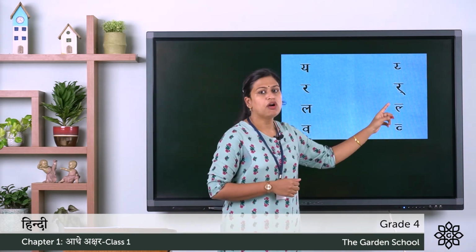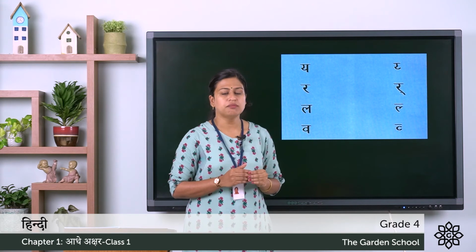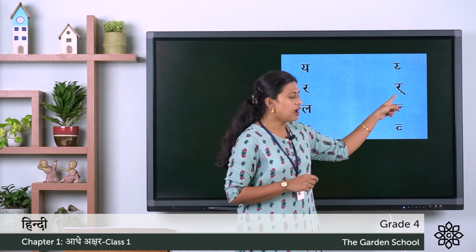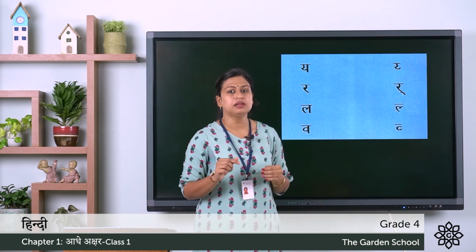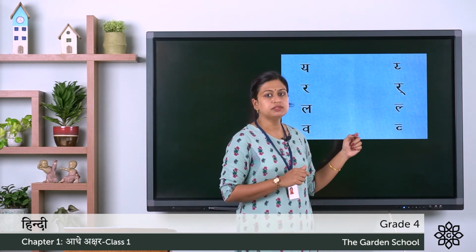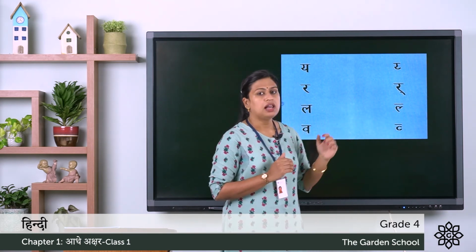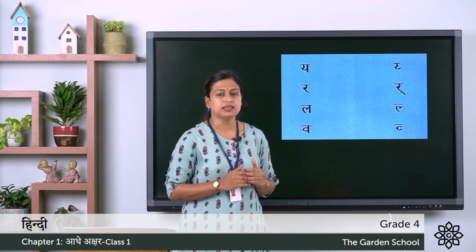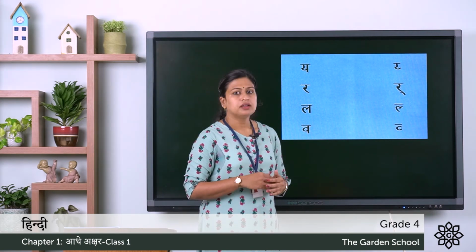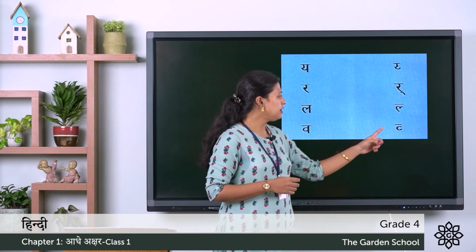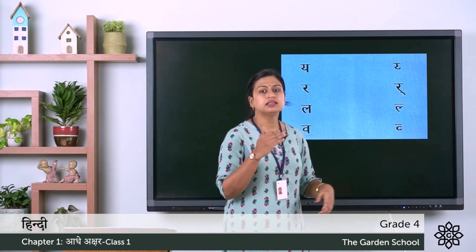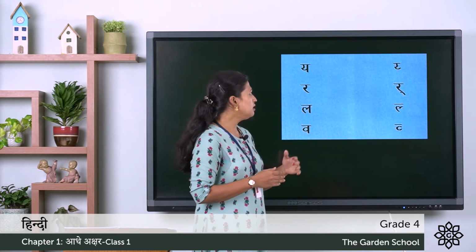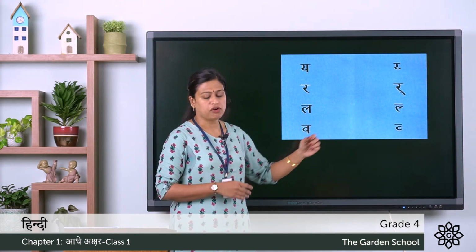Now the next set of Vyanjan Akshar: Ya, Ra, La, Va, and you can see here the half form. For Ya, the standing line is missing and we pronounce Ya, very short sound. For Ra, we just write the Hal symbol at the bottom and we pronounce Ra. This is La, and in the half form the standing line is missing and we say La. This is Vyanjan Akshar Va, and you can see here in the half form the standing line is missing and we pronounce Va. So these are the Vyanjan Akshar and their half forms.